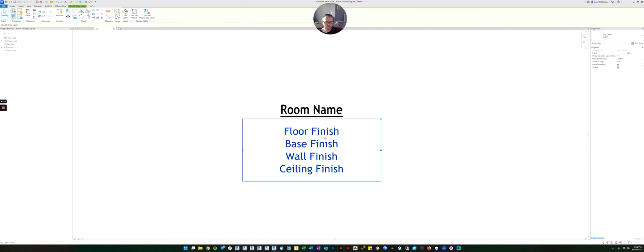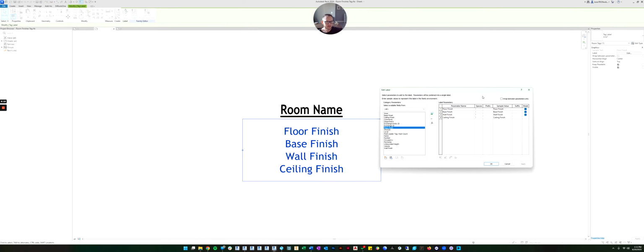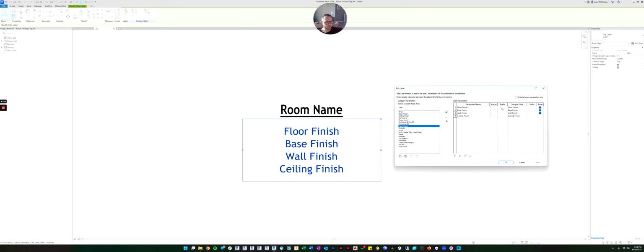Let's select the label again and edit it. You can also add a prefix before or after the value. So if I wanted F for floor, F equals, and then a space, and then B equals space, W equals space, and then C for ceiling equals space.